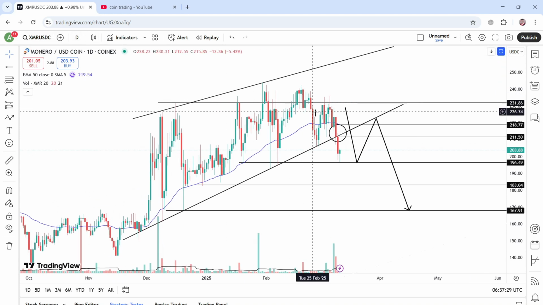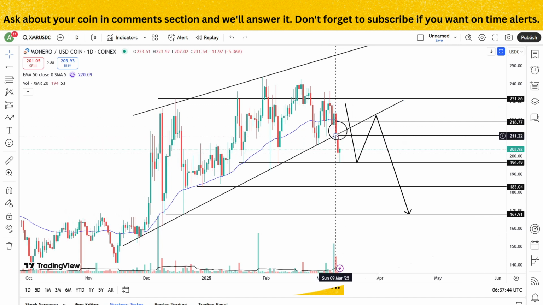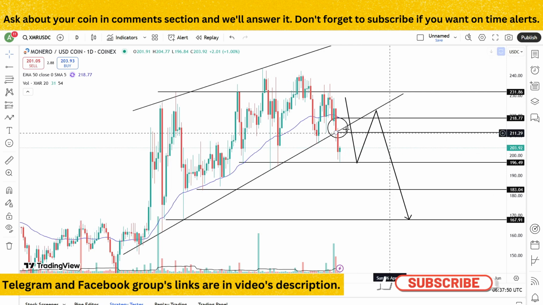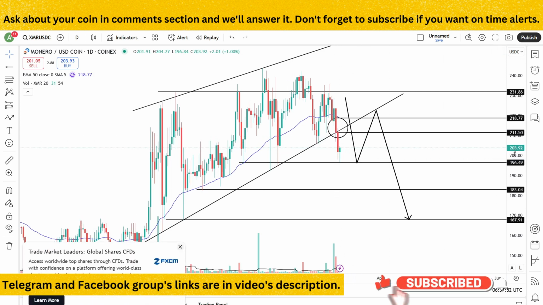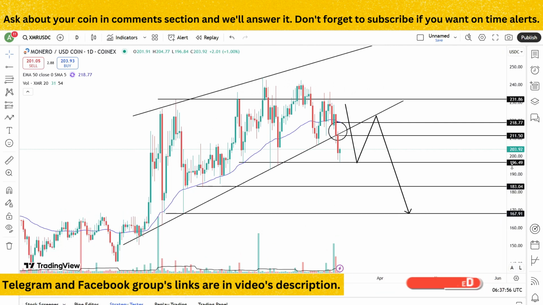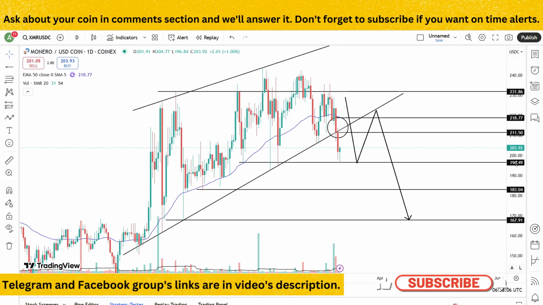If we look at this coin, it has recently entered into its downtrend, where it has submitted a breakdown of this rising wedge formation when it gave closing below 211.50 in this candle. After that, it has exposed three targets on downside. First target on downside is 196.5. Second target on downside is 183 and final target on downside is 167. Currently price is moving at 203.92.